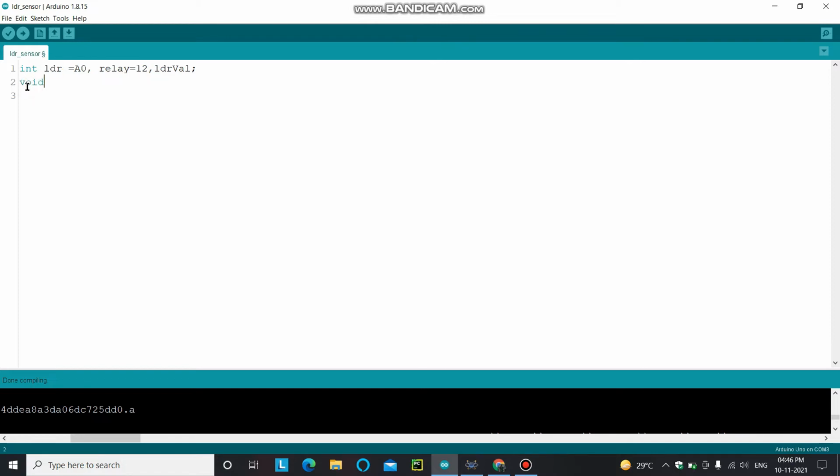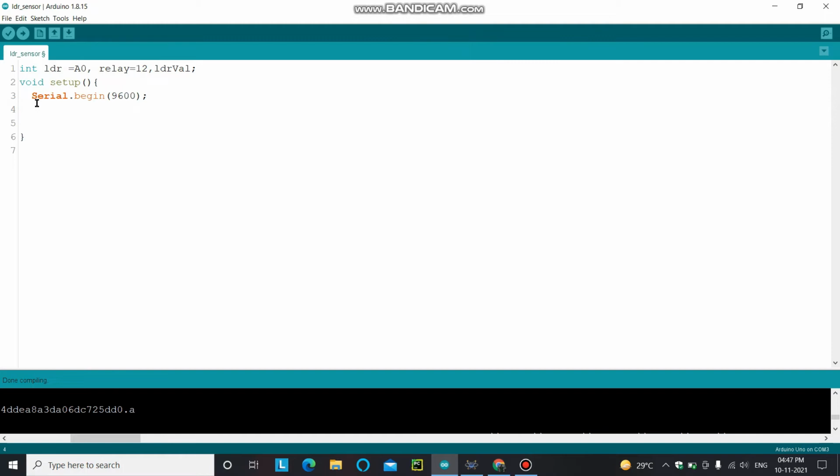So void setup. First we want to see the output of this LDR sensor on our serial monitor or the virtual terminal, so you have to start the serial communication. Serial dot begin 9600, which is the normal baud rate.